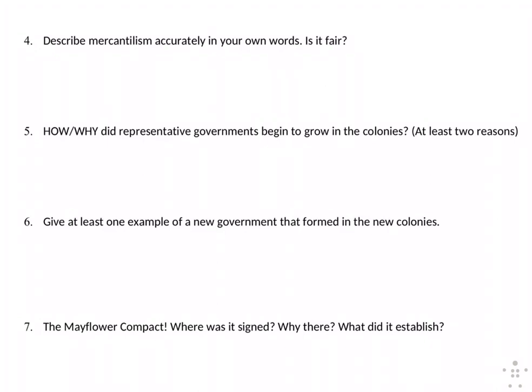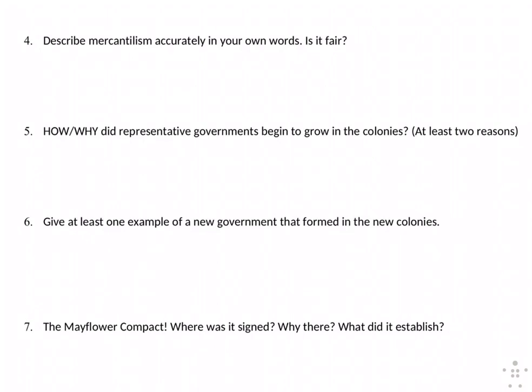Moving on, you have Thomas Hooker, who made the Fundamental Orders of Connecticut, which is the very first example of a constitution in the New World or in America. So that's another form of government. And then, of course, last one, town hall assemblies. Now you're having these English colonists in the New World in new colonies, and now they need to start to govern themselves because they're the ones that are here. So they're going to start meeting at town halls and coming up with solutions and just how to run their own society.